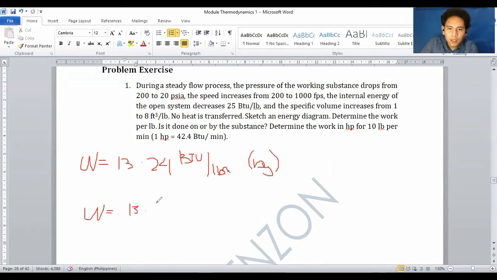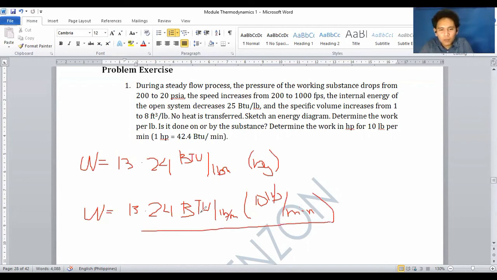So by using unit analysis, you can get 13.24 BTU per pound mass multiplied by 10 pound mass per minute for you to cancel out the pound here. And then, since it is in BTU, we have to change it to HP. The conversion factor, as it is given in the problem here, 1 HP is equal to 42.4 BTU